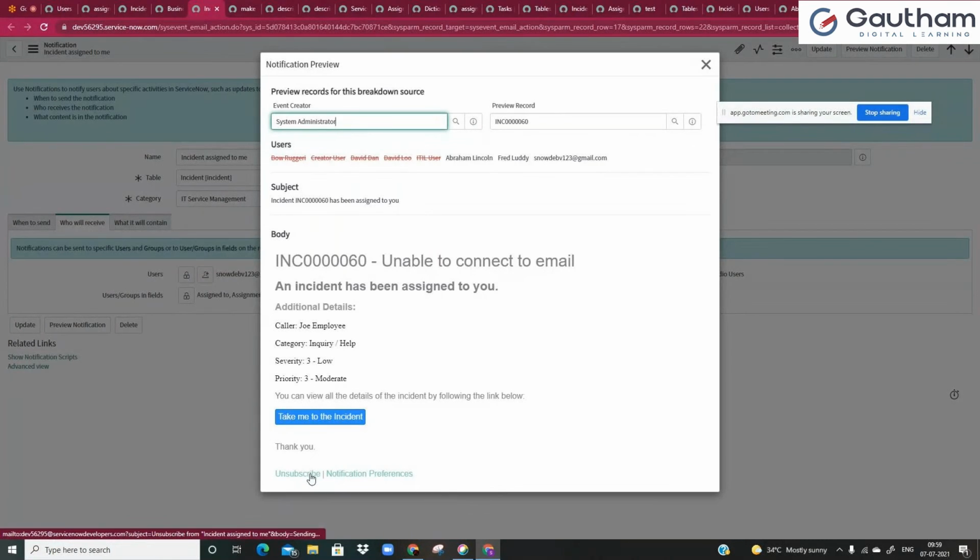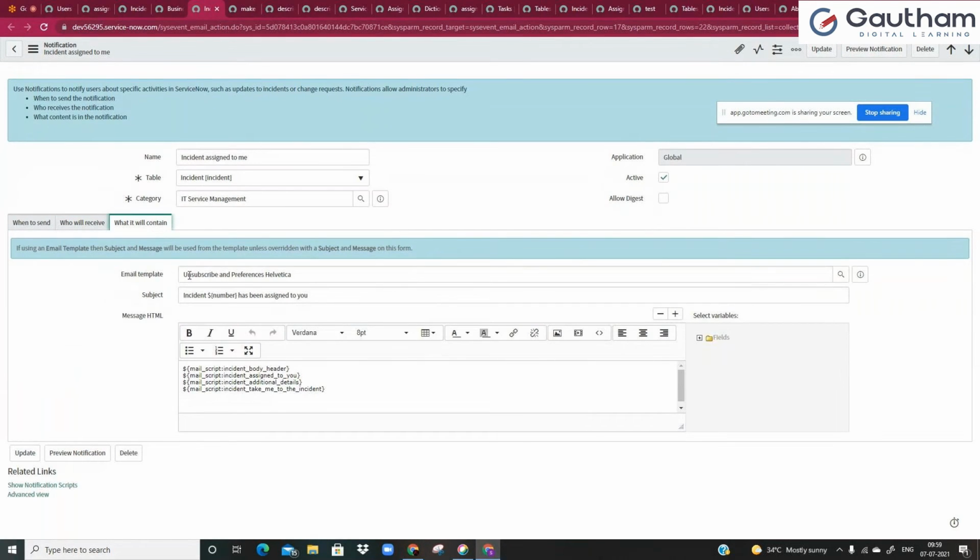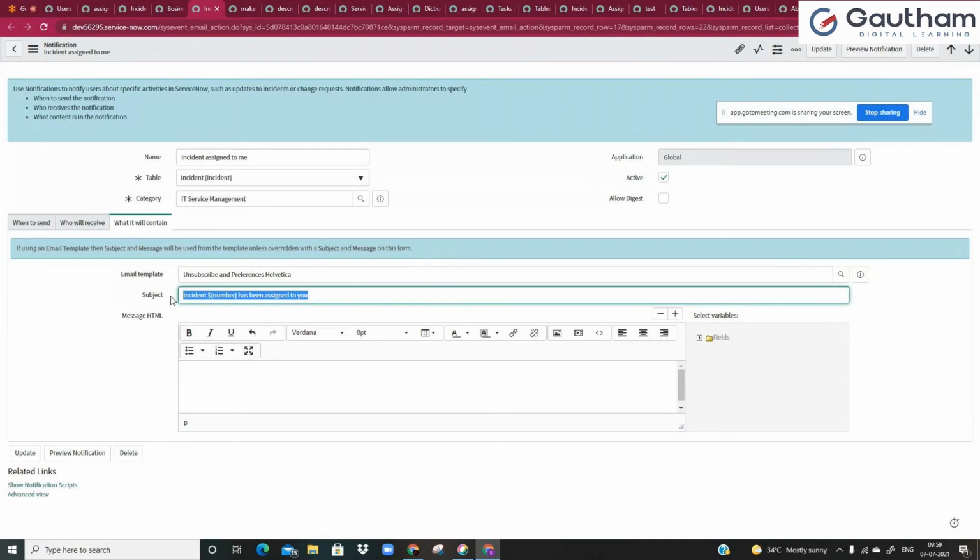So if you uncheck subscribable, this option will no longer be available to them. So this again comes under the requirement. And in what it will contain, you have to give a subject and you have to give a body. Don't get confused with this. I will give you a simple thing. So for the subject, I'll put: incident is assigned